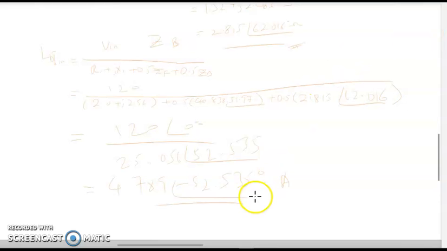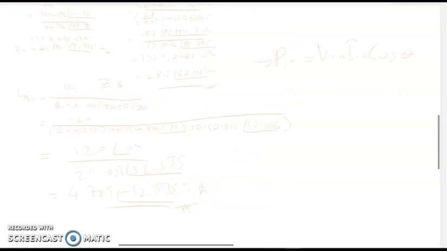Don't forget to put the unit and also the symbol. So this is in phasor, which means that you have 4.789 ampere with the angle of 52 degrees lagging from the voltage signal. So you can solve for your Pin, which is Vin times In cos theta, 120 times 4.789. So you get the number of